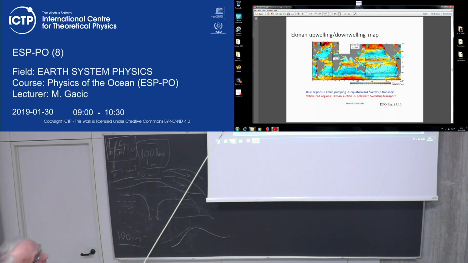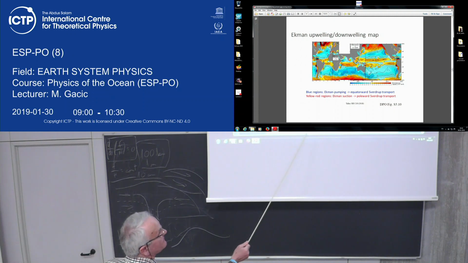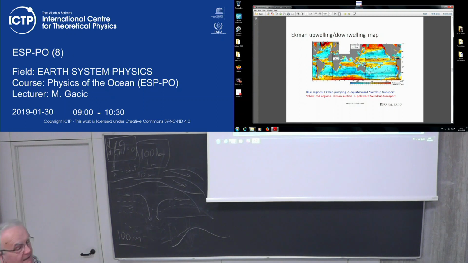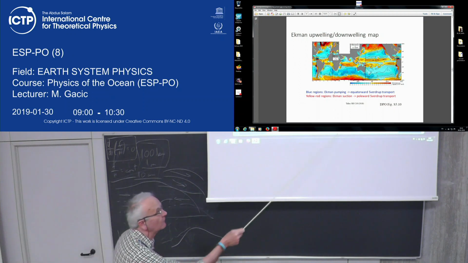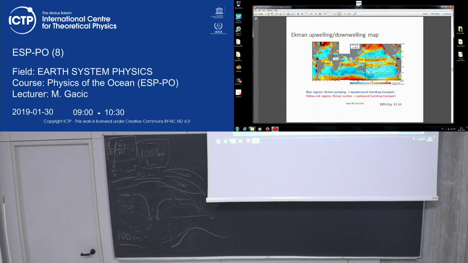Okay. So this is the Ekman upwelling downwelling map, which comes from the convergence divergence map, and here is the same pattern, and the blue regions is Ekman pumping. Ekman pumping means that the water column stretches, so there is a southward, equatorward flow, or if our yellow or reddish areas, there is an Ekman suction, so there is squeezing of the water column, and there is a poleward transport because of the theta plus F